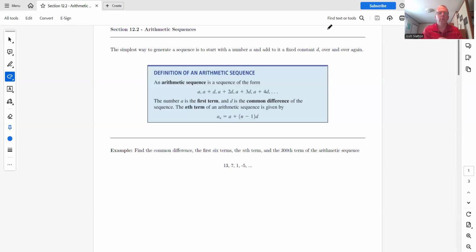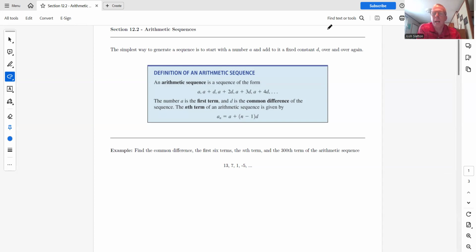All right, so this one, 12.2, we're going to talk about arithmetic sequences. And we saw an arithmetic sequence in 12.1. That was, I think, the first example that we did, where it kind of looks like a linear function. So an arithmetic sequence, like it says at the top, the simplest way to generate a sequence is to start